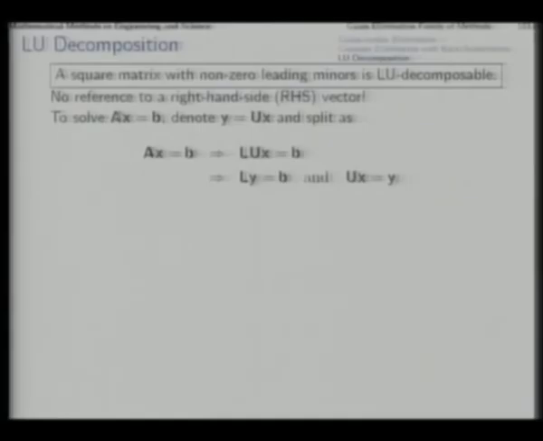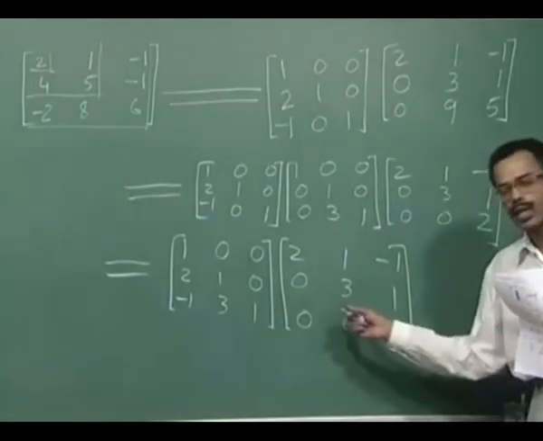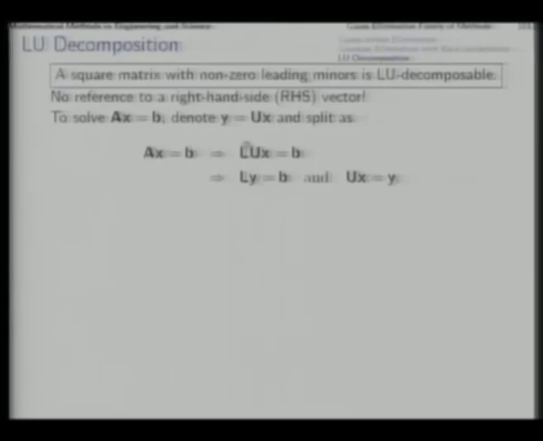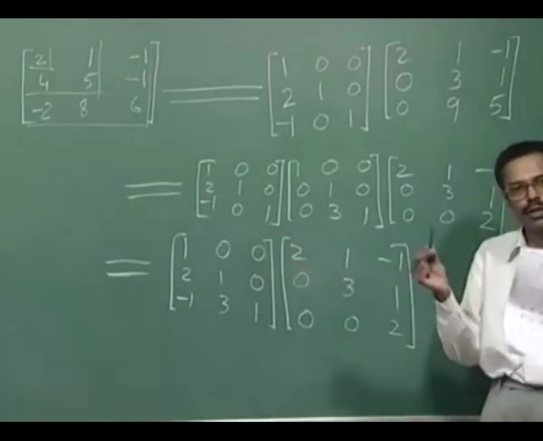To solve Ax equal to b, we will denote Ux as y, and then A decomposed in this manner, L lower triangular, U upper triangular, LU. Then in place of A, if we write LU, then Ux represented as y will give us Ly equal to b, and Ux is y, that is what we have denoted. Now, since b is known and the lower triangular matrix is known, y can be immediately determined through a process of forward substitutions,